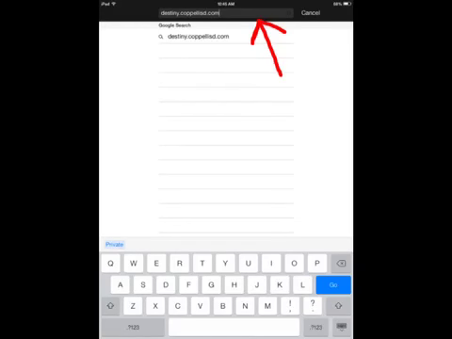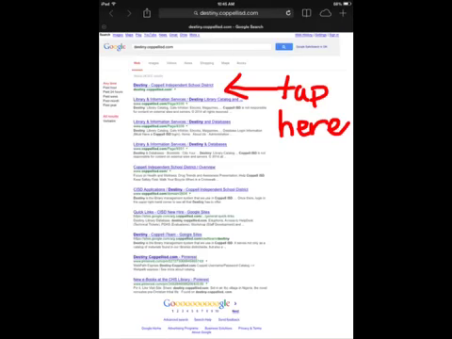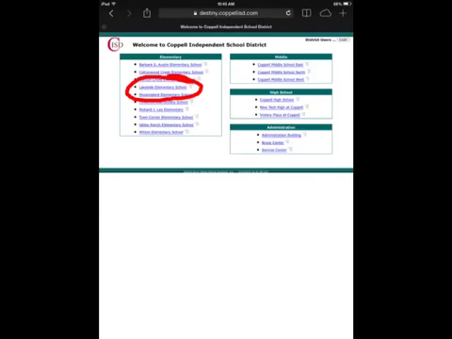Once you open a Safari web browser, you'll be given an address bar. That's where the red arrow is pointing. In that address bar, please type destiny.coppellisd.com. Once you do that, tap on the words next to the magnifying glass in the white area of your screen. Once you do that, the top search should be Destiny/Coppell Independent School District. Go ahead and click on those blue words, and it should take you to a screen